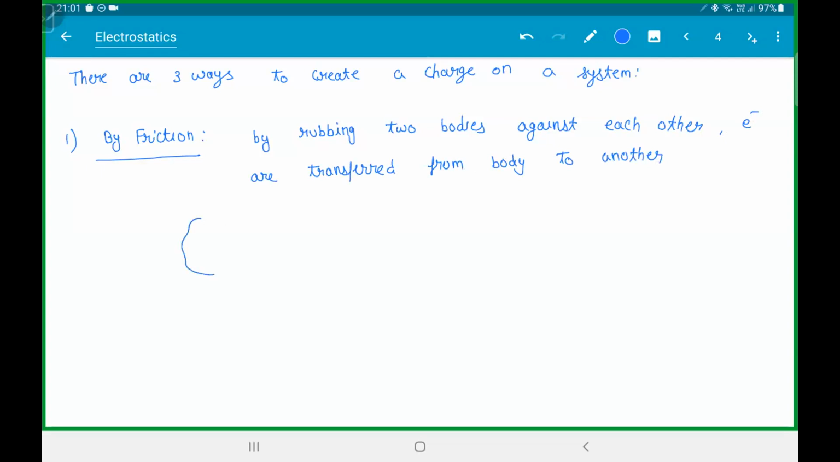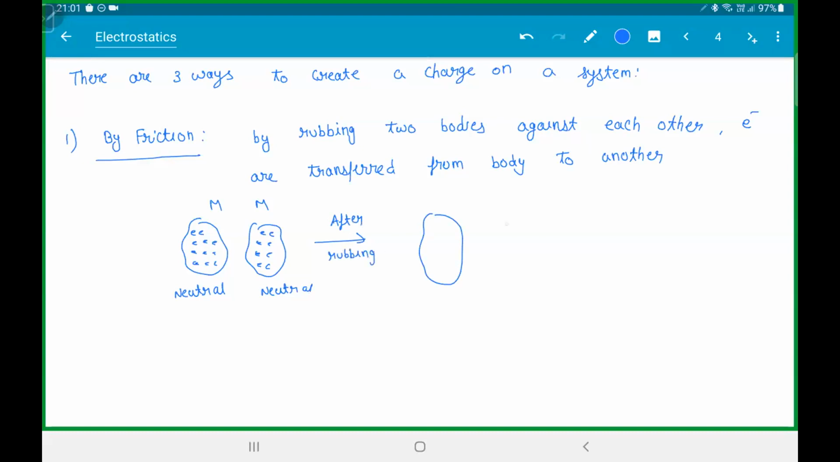So let's say you take a body here, and a body here. This has electrons. This also has electrons. If you rub them, let's say mass is m and mass is m. Initially, both are neutral. So after rubbing, what happens? Electrons will transfer from one body to another. It can be anything. This becomes positive charge. This becomes negative charge. Total charge will be 0. Total charge is 0